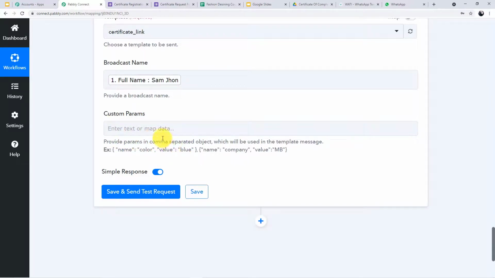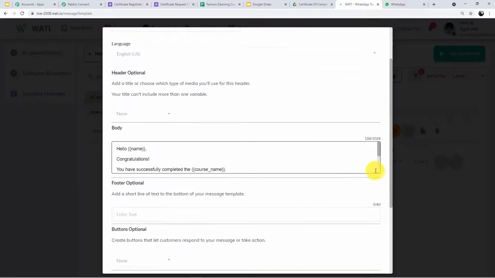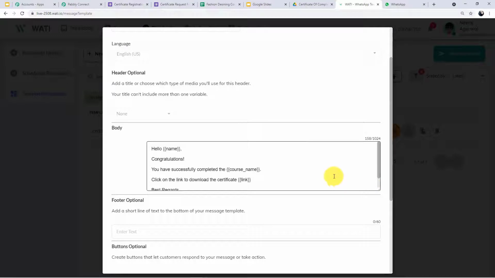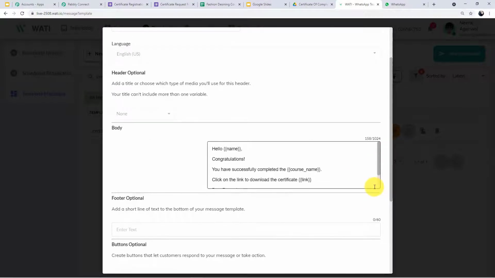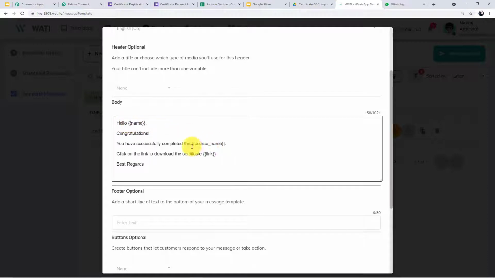What are custom parameters? If I go back to my Vati account, let me show you the template first. Okay, this is the template. You can see there are three variables in double boxes. First it is written name, then the course name, and then the link.